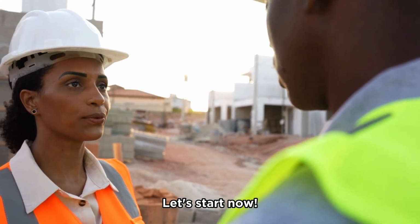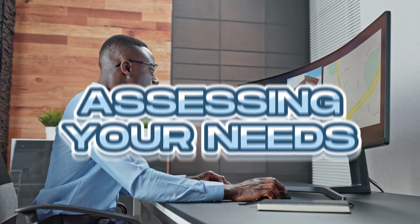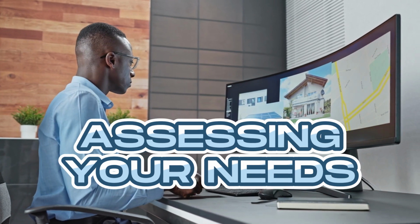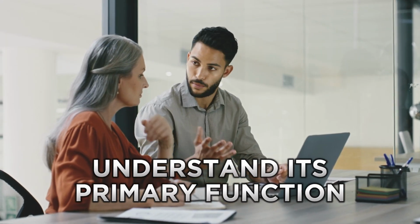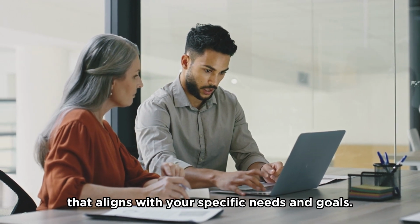carport. Let's start now. When it comes to choosing the best location for your carport, a thorough assessment of your needs is essential. Let's dive into the details and explore each aspect in depth. Firstly, identifying the purpose of your carport is crucial. Understanding the primary function of your carport will help you determine the best location that aligns with your specific needs